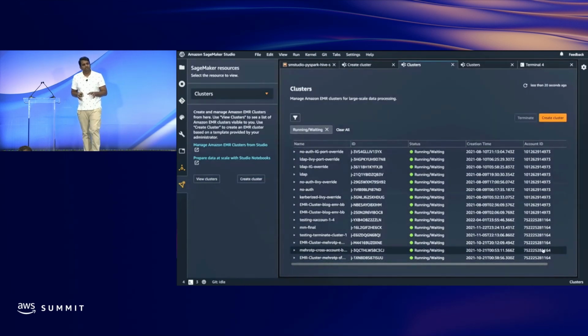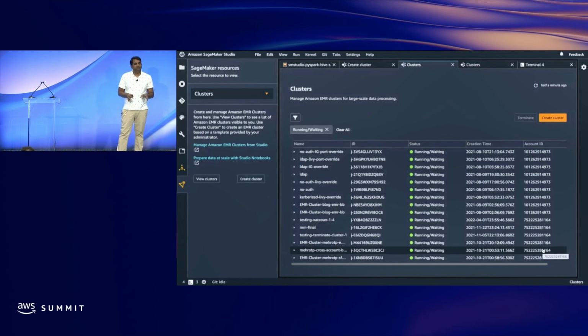Organizations typically have multi-account setups, and they may have EMR clusters running in different accounts. Let's say you have a machine learning or data scientist team which is horizontal across multiple teams, and a data scientist working on a marketing team's project wants to spin up resources in the marketing account. He can choose a cluster in the marketing account. So this is the capability that we want to introduce, wherein from the same SageMaker interface, customers can submit jobs to different EMR clusters.